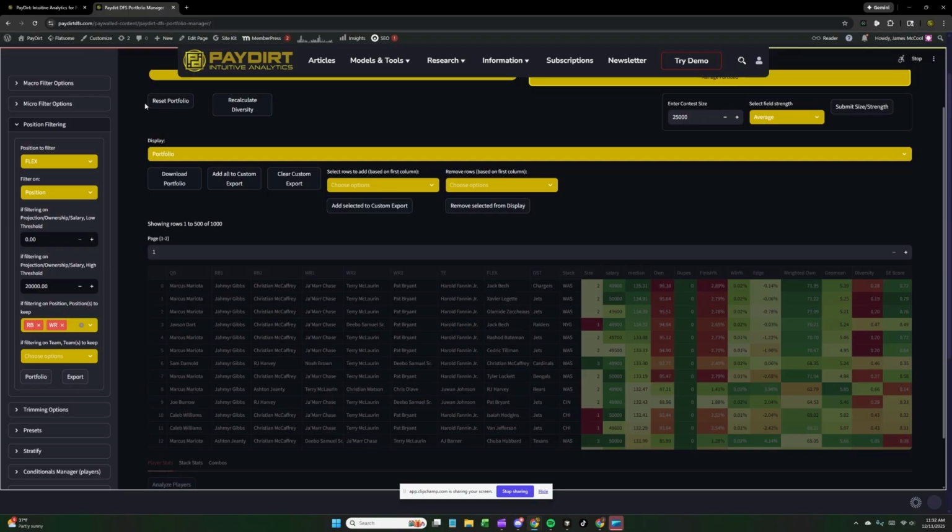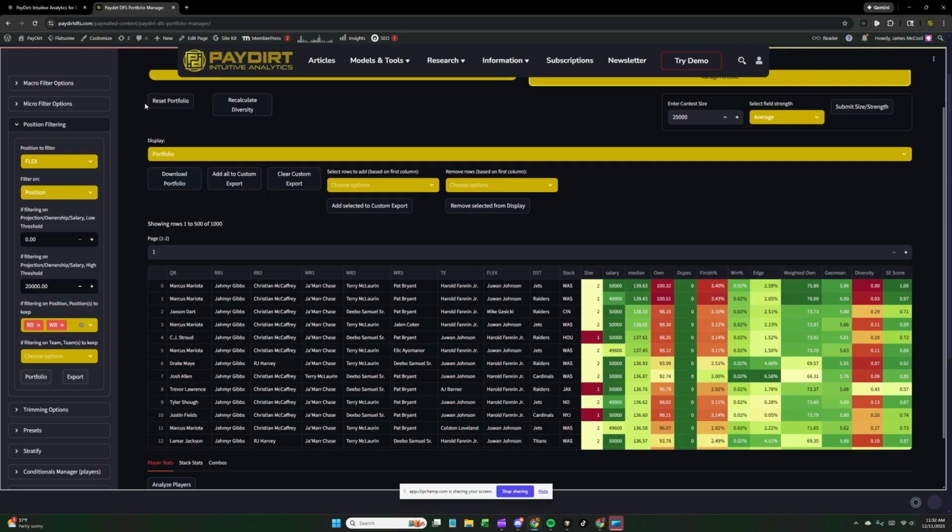Similarly to that, another thing that people like to do is make it so that they only have the afternoon games in the flex, right? So let's go ahead and do this. Instead of position, we're going to do team. Then we're going to come down here, and we're only going to do the games that are in the late window this time. So I'm going to bring up really quick what games are in the late window because I don't remember them off the top of my head. But let's see. Okay, so we have